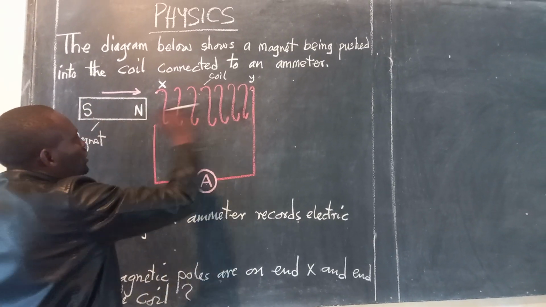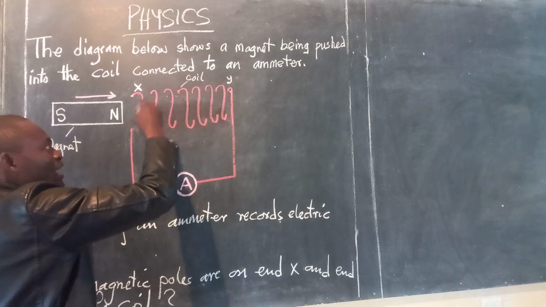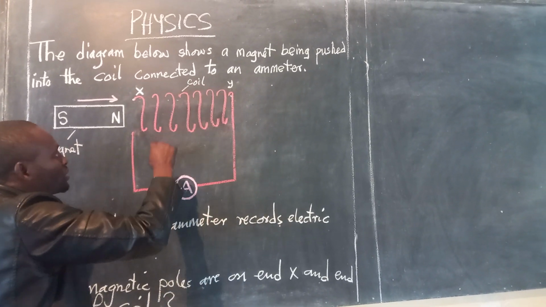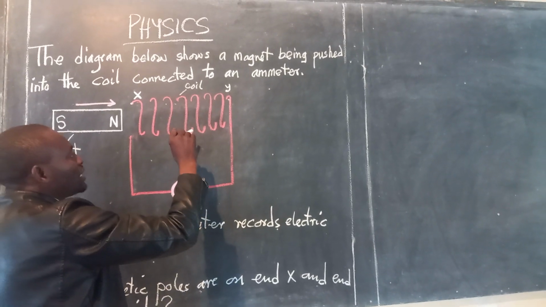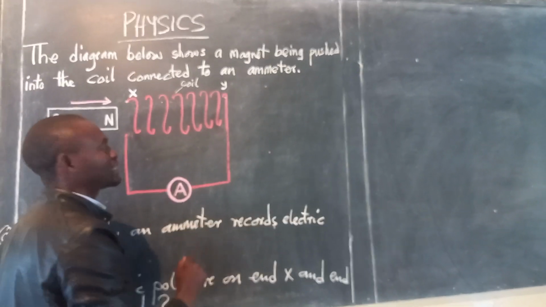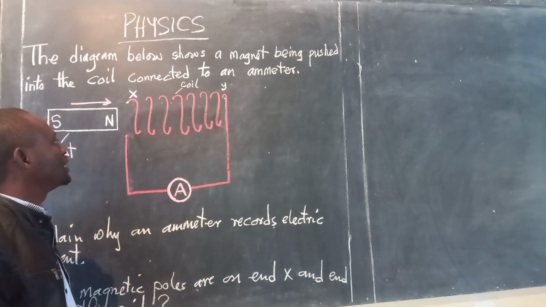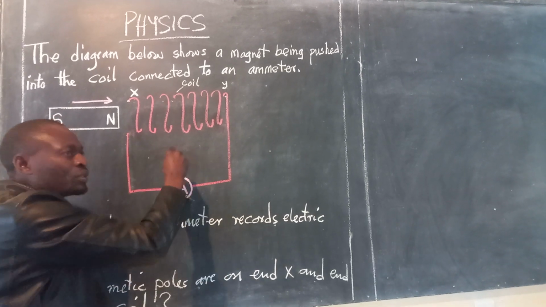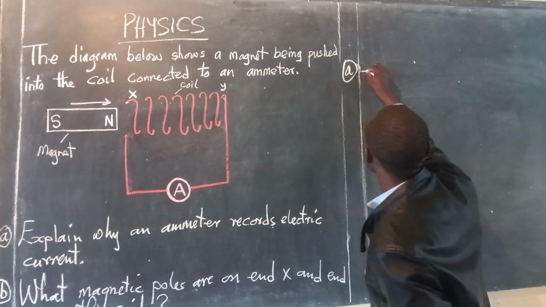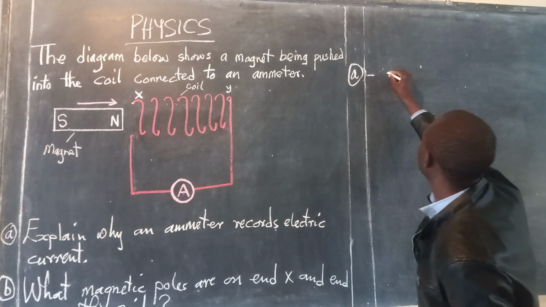When the magnet is pushed into the coil, changing magnetic flux is created around the coil. Okay? And the changing magnetic flux created around the coil induces EMF, induces electromotive force, induces total potential difference into the coil. The induced electromotive force drives electric current throughout the circuit. Okay? So on part A, we are saying when the magnet is pushed into the coil, changing